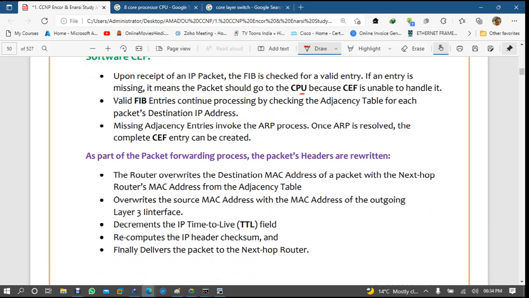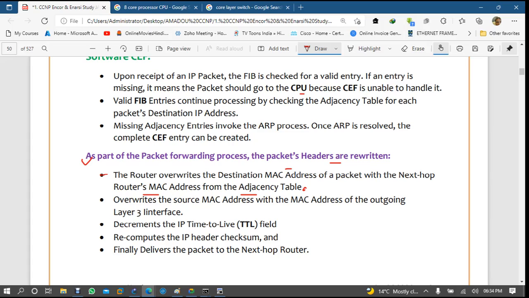So we have already come to know that as part of the packet forwarding process, the packet headers are always rewritten. The router overwrites the destination MAC address of the packet with the next hop router MAC address from the adjacency table. There is an adjacency table and a CEF table. It means CEF is divided into two: FIB, the forwarding information base, which means the forwarding table,